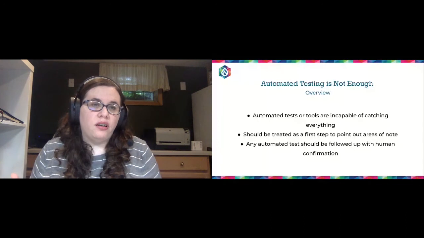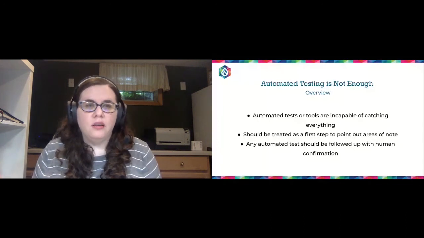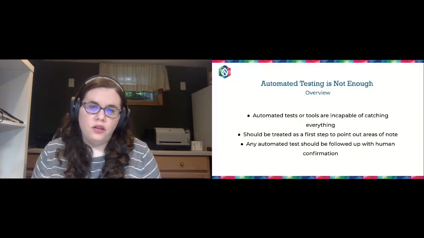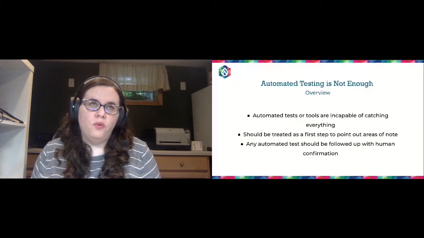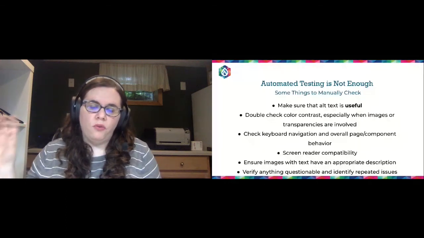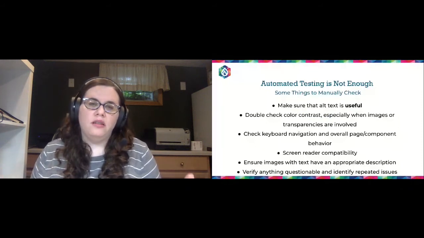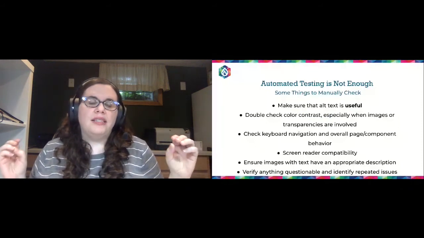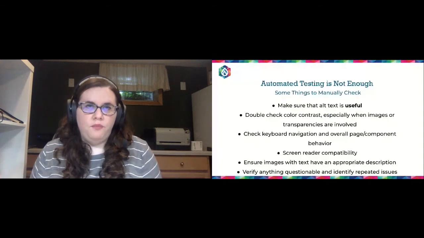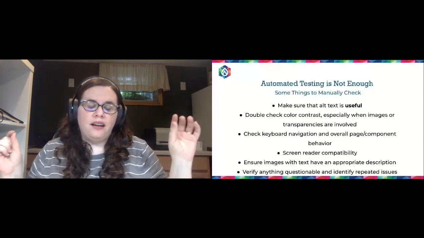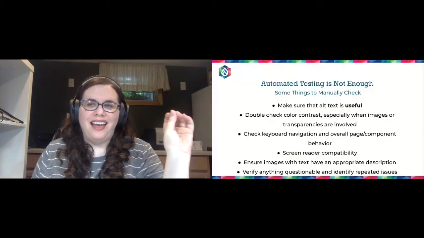I always like to double check color contrast, especially if there are images or transparencies involved. With these automated tools, they will get the hex code of the foreground, which is the text, and then the background, and then do a comparison to get the contrast. Transparencies can mess with this a bit because basically that color value isn't 100% accurate.